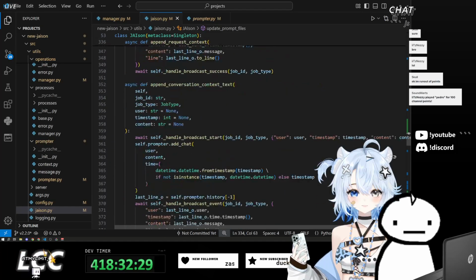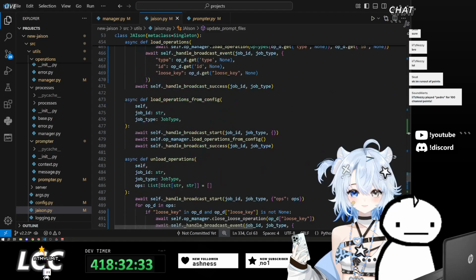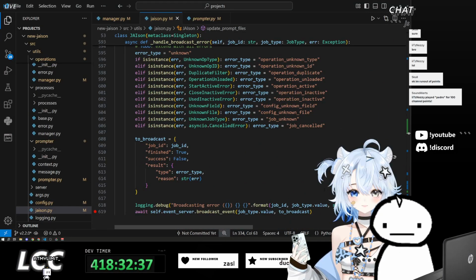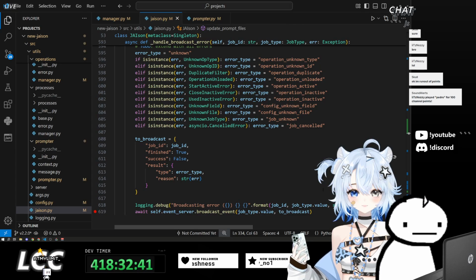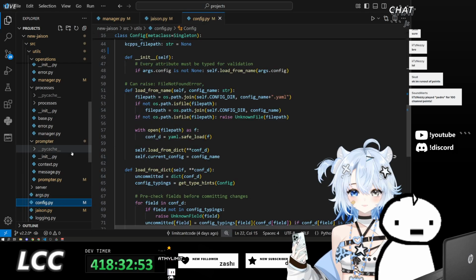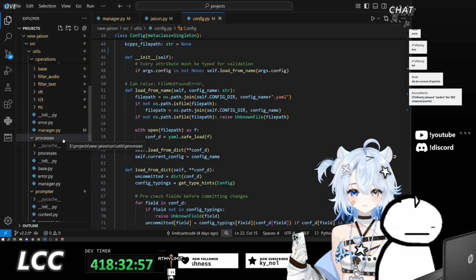Anything else we need to update before we head to processes? We will need to update the global config manager to be able to read from operations, prompter, and processes.